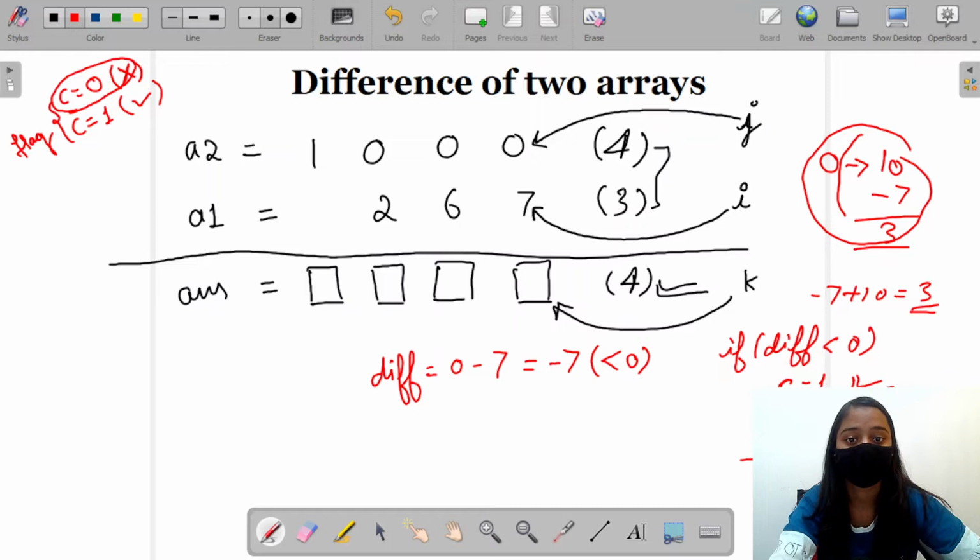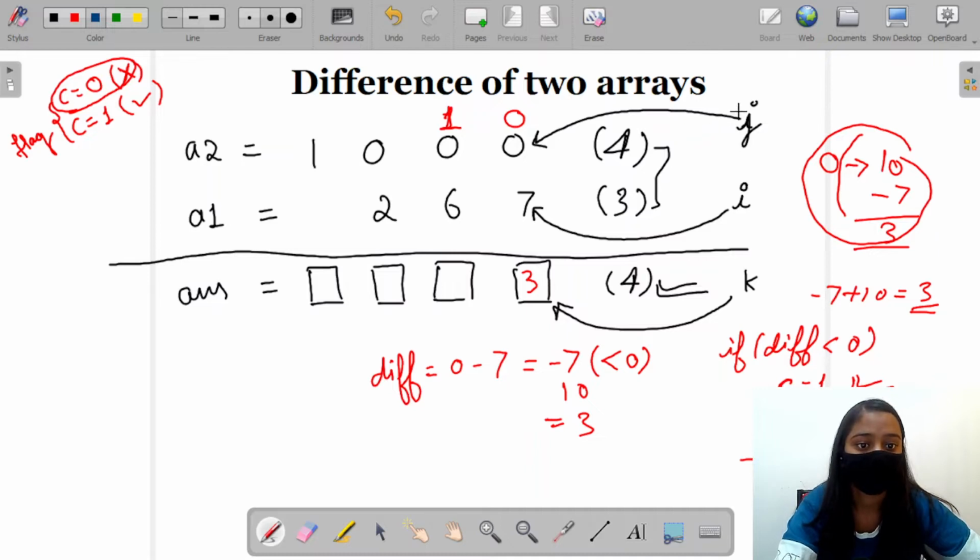Actually we are working in the decimal number system, that's why we take a carry of 10. That's why here we are adding 10 to our difference. So whatever answer we get here, when we add 10, it is going to give us 3. So 3 will be written here at the kth location, and RC has been updated to 1, so we write here that we have taken a carry. So this was the case when carry was 0. Now we are going to handle the case when carry is 1.